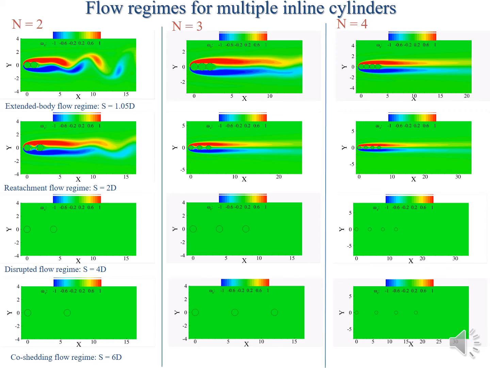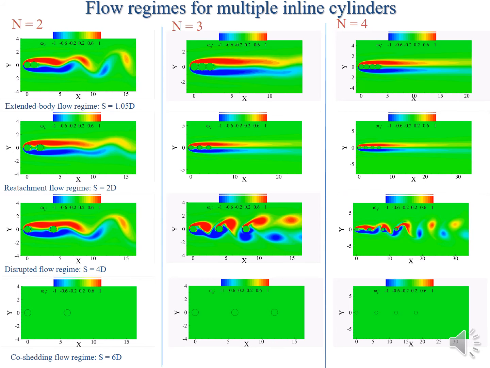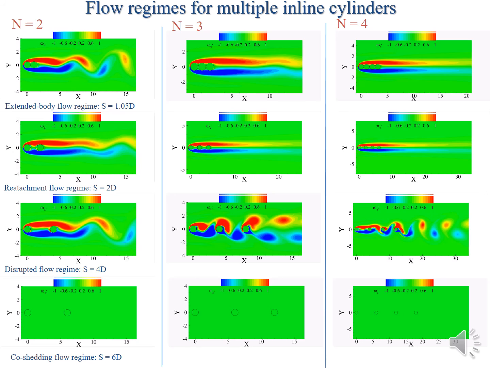But as we increase the number of cylinders in the configuration, the vortex shedding behind the rear cylinder actually becomes less frequent and finally stops. When we have 3 and 4 cylinders, we find that we actually don't have any noticeable vortex shedding downstream. So we find that the effect of adding cylinders is actually stabilizing for this low gap ratio flow regime. And another noticeable feature is that vortex shedding only occurs behind the trailing cylinder. So if we look at the gap ratio of about 4, as we increase the gap ratio,